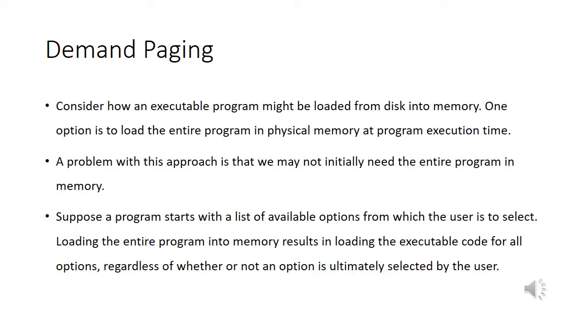We had already discussed simple paging. In simple paging, the user process or the logical memory is divided into a number of pages and the physical memory is divided into a number of frames. Then for executing a process, all the pages of that process should be in the main memory. So we need to bring all the pages into main memory for executing that process. These pages need not be in contiguous memory locations. This is in simple paging.